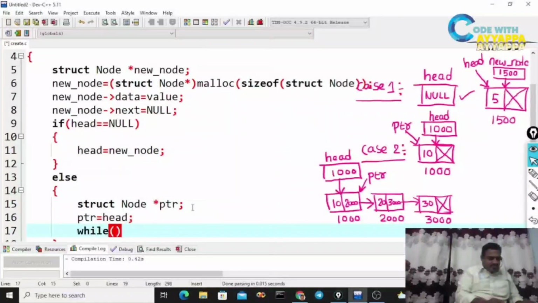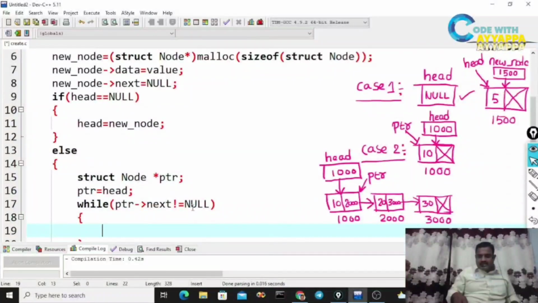I need to traverse while ptr arrow next is not equal to null. Just observe the second case, first picture. What is the ptr? ptr is 1000. What about ptr next? This one is null.